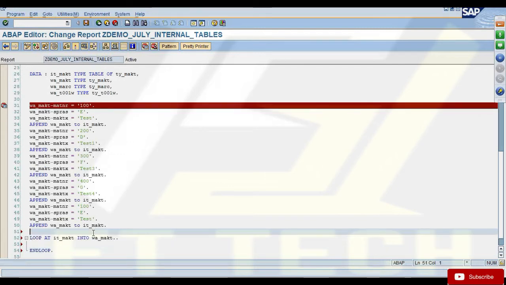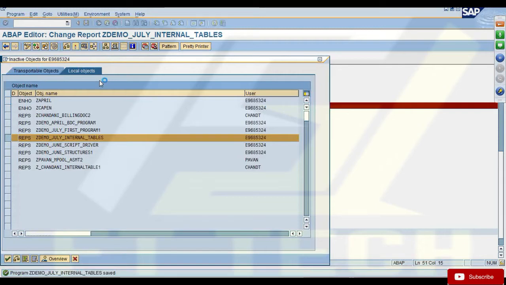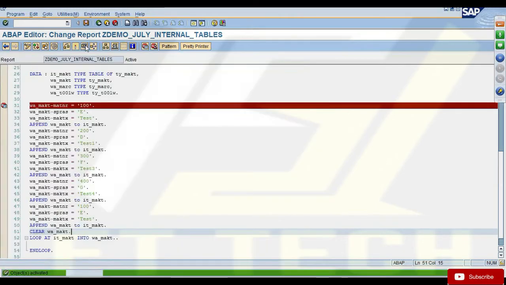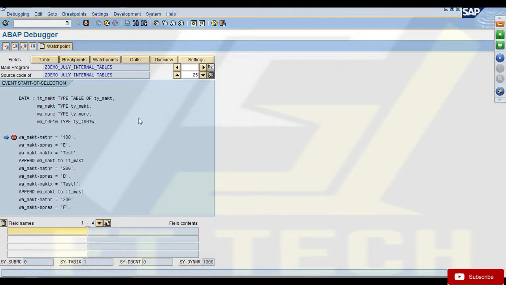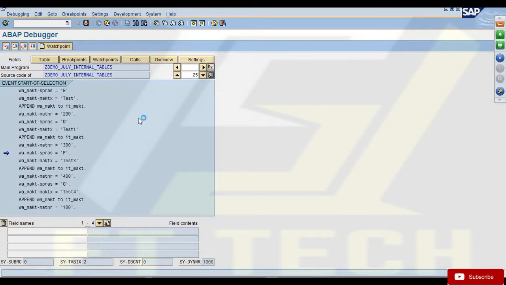Okay, let me clear the work area. Here I'm using the work area to store the data in the internal table. So I'm filling the work area and then appending that line to the internal table. The same way to process the data that is there in your internal table right now,